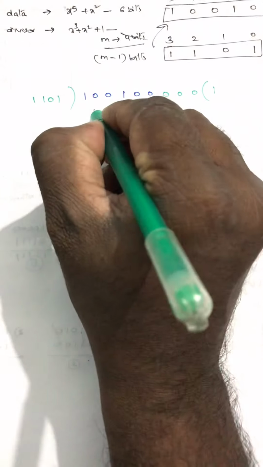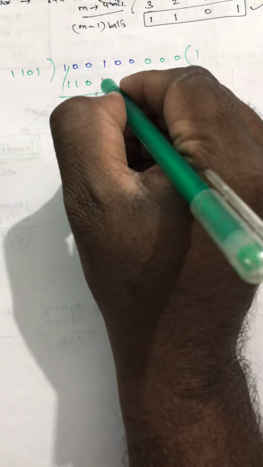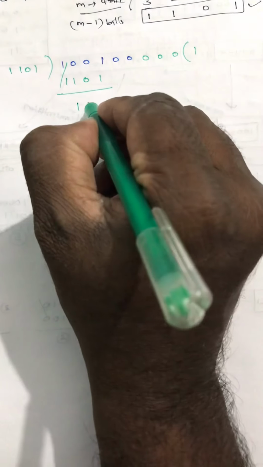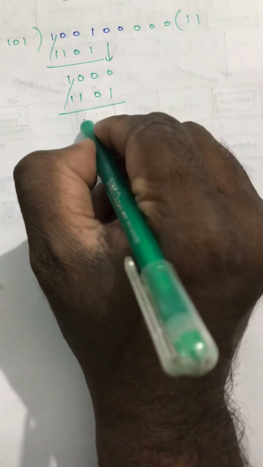So let's do it. Let's understand. It is all simply an XOR operation. So if I go for one time, then it is 1 1 0 1. So with the XOR operation, the first bit goes off, it is 0 and it is 0. I'm going to bring this down. So one time 1 1 0 1. So this is gone. Again 1 0 1. I'm bringing this 0 here. One time 1 1 0 1. So this is gone. 1 1 1.